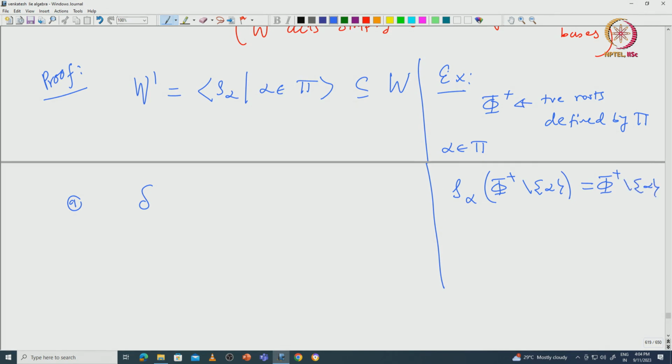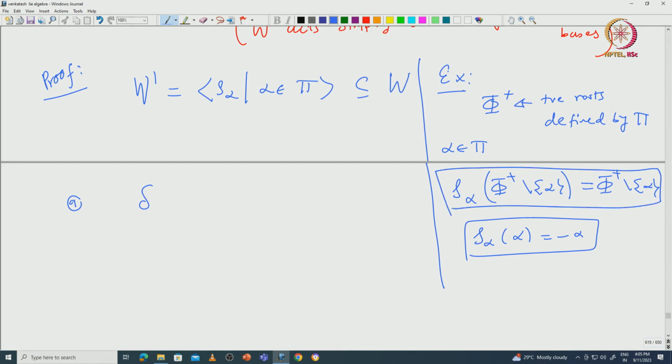That means this S alpha actually permutes all the positive roots other than alpha. Indeed, we know that S alpha of alpha is minus alpha, so S alpha sends alpha to its negative. That means it cannot be part of this. So if you remove alpha from the positive roots, then you can conclude that S alpha just permutes all